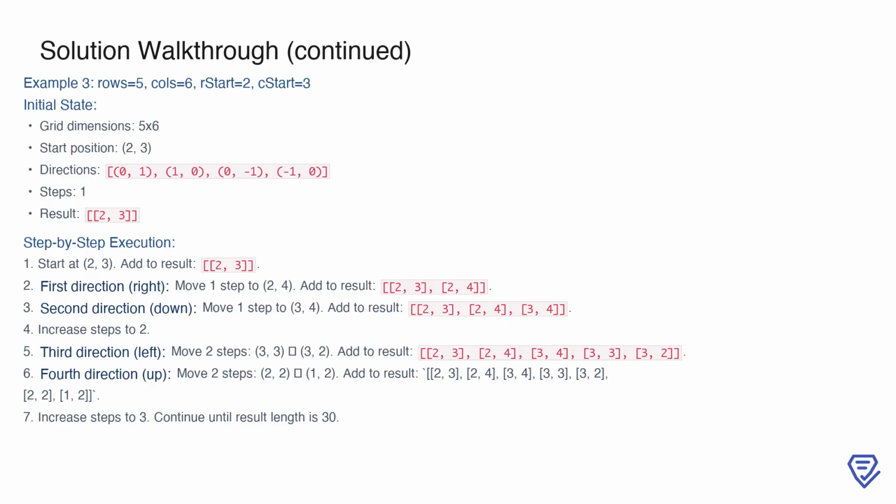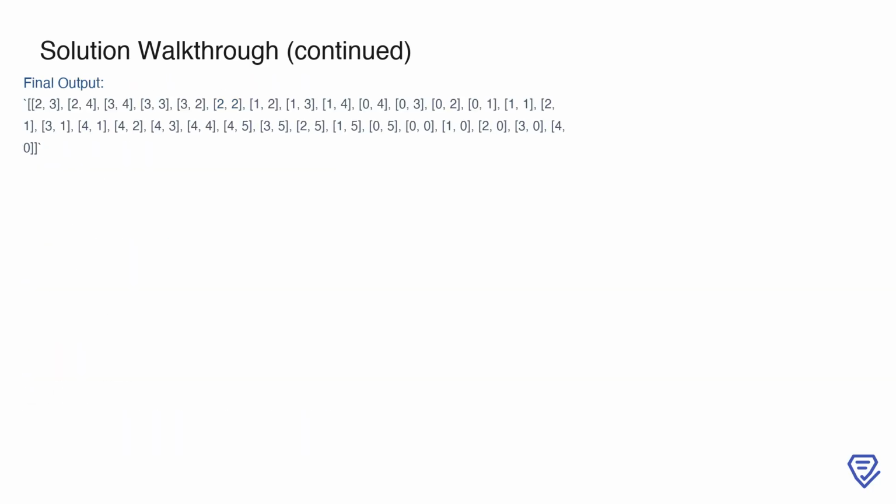The step size is then increased to 3, and the process continues outward in a spiral pattern, ensuring that every valid position is added to the result until it contains 30 positions. The final output for example 3 is a complete list of all 30 positions traversed in spiral order: 2, 3,